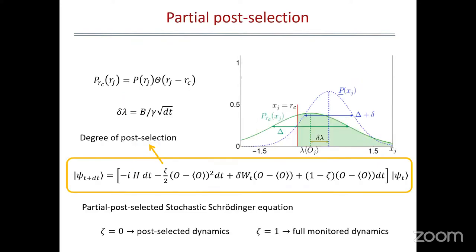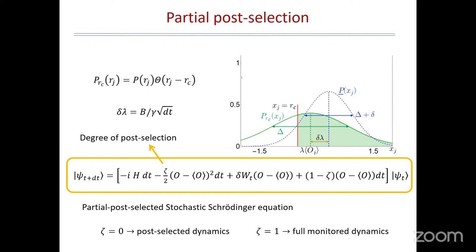And now comes the idea. Instead of doing a no-click, which would correspond to cherry-picking a single value from this probability distribution, we just take a range of them. So we take this distribution and we cut at a certain point. So we introduce a new parameter, we're calling it RC. And this is a parameter we can freely control in the theory. If we move a lot to the right, we go to post-selection. If we move that red bar to the left completely, we just include all the data and we're back to the normal theory.